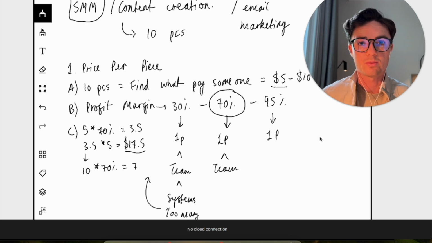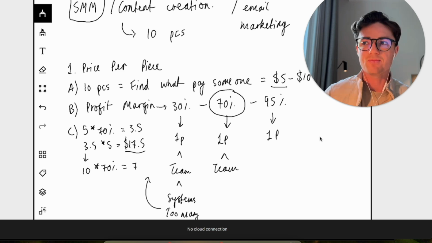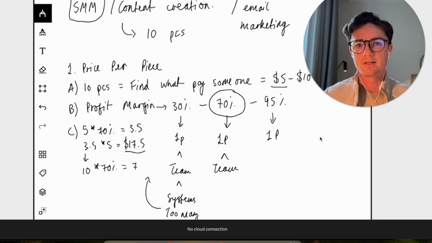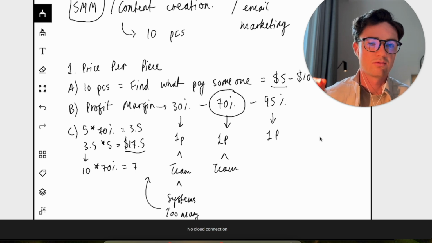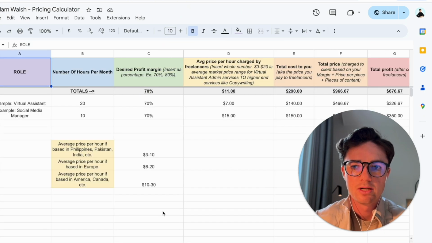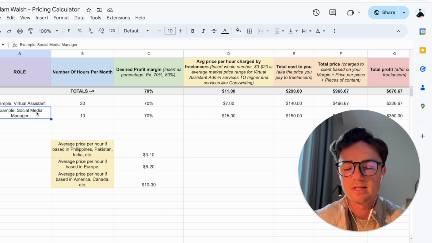And then from there, we're going to be able to figure out what your hourly rate should be, calculate that on a monthly basis, and then put together our price per piece plus hourly on a monthly basis, and voila, put them together, we've got our total price. So back on my pricing calculator, if I come to my hourly tab, you will see the same thing, but done hourly. So if you're a social media manager, all right, let's go to this example here.